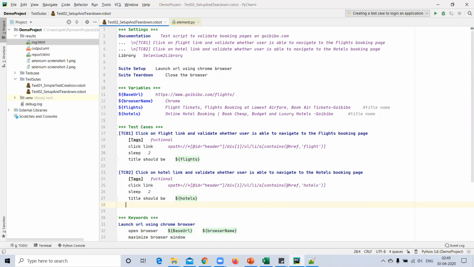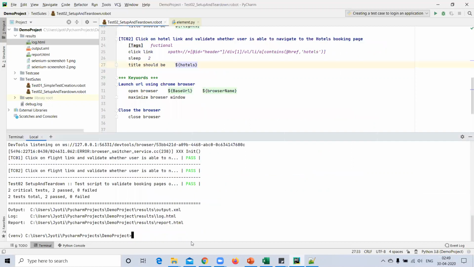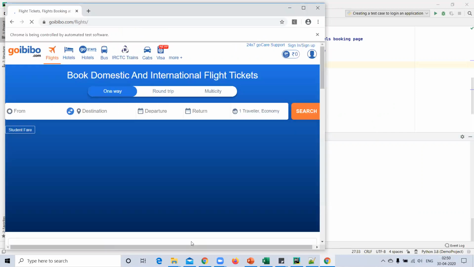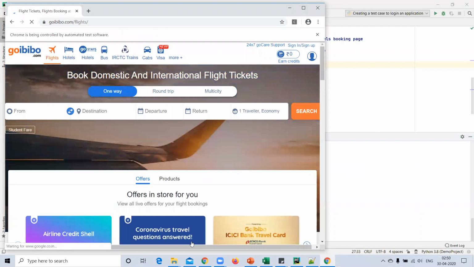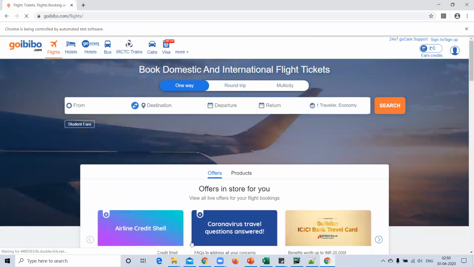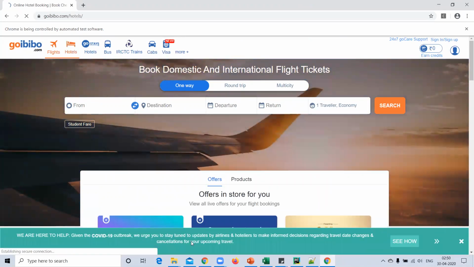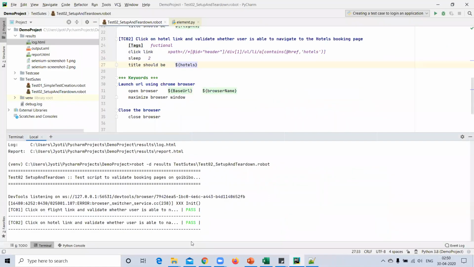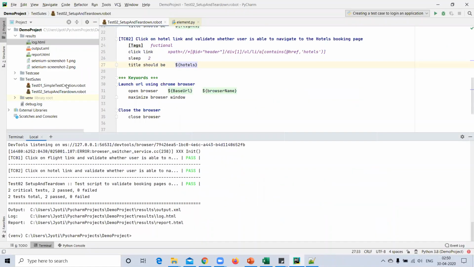Okay, I'm just going to execute this, whether we are able to successfully execute or not. Again, it's launching the URL. Okay, it's passed. Let me check the result.